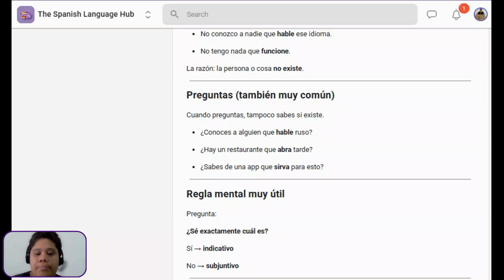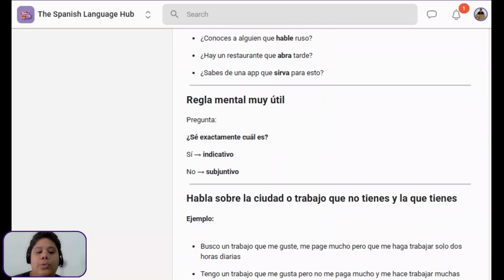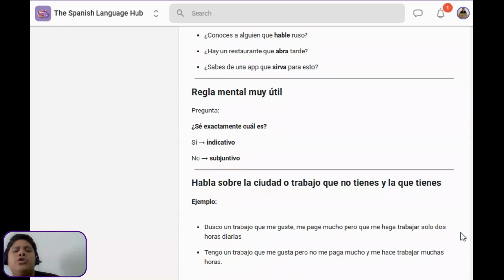And here, what is the challenge for you? The challenge for you is to talk about a city or a job that you don't have, and also the one that you have, making that contrast between what you're looking for, what you need or what you want, plus the thing that you actually have. For example, busco un trabajo que me guste,